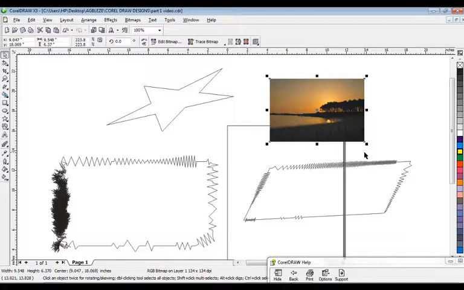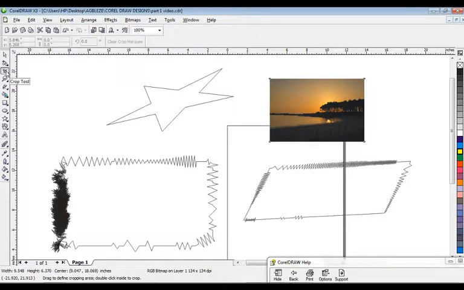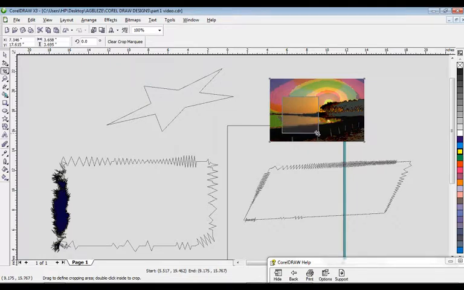So that's the image. I should click on the crop. And I press